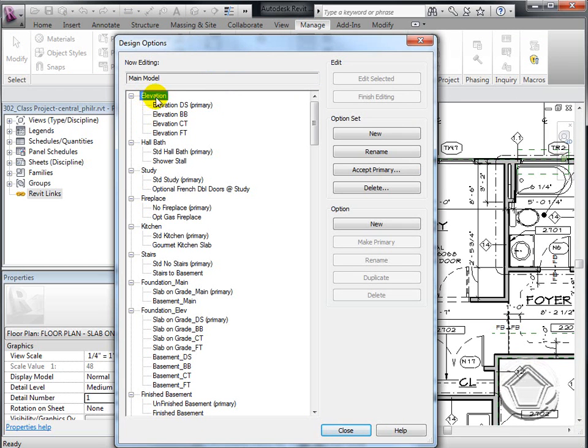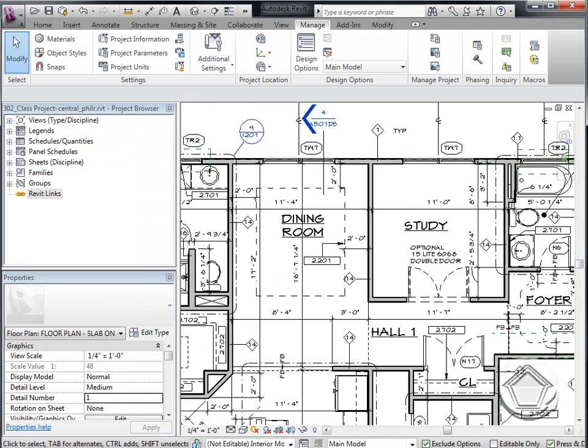So for this house, the default is Elevation DS. The hall bath is the standard hall bath. So anything that belongs to the primary is really the main model, and that allows me to pick those items. Once things belong to a sub option, I can't pick anything here. I have to make sure that option is current. If I want to ignore options and understand what this wall belongs to, I can remove this check